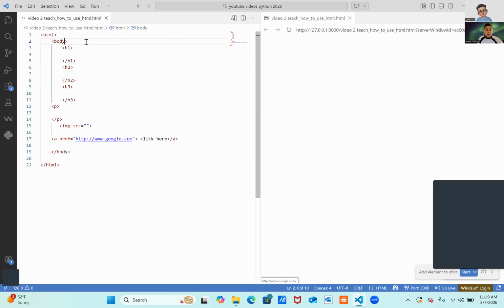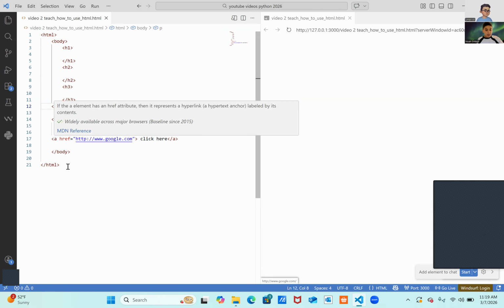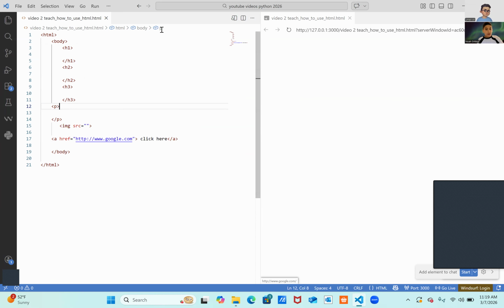Me and Amar are making an HTML project. As you see, we have already laid out the basics. These H1 heading titles can go from H1 all the way to H6. This P means a paragraph. This A is for links, and the body is the part where, for example, here, if I type